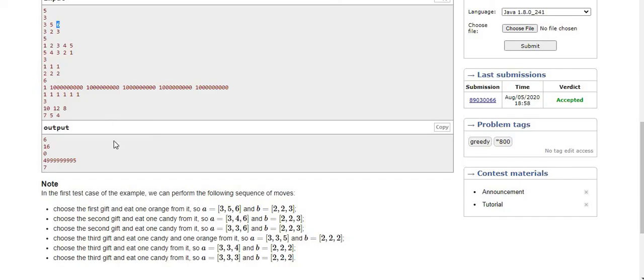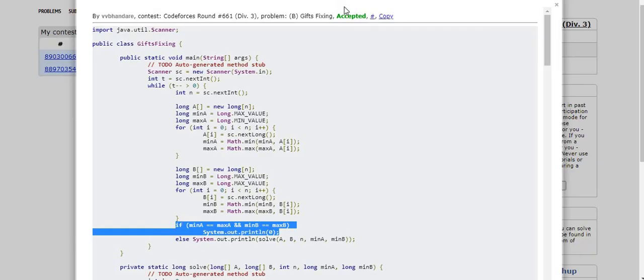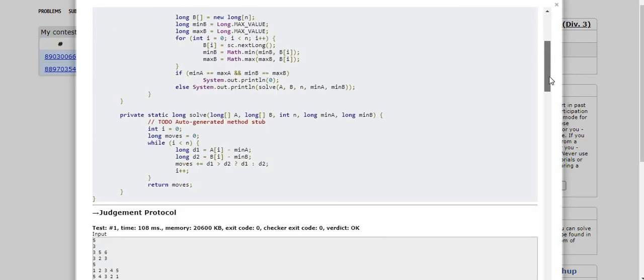If we look at one of the examples, here the output is 0, because all the elements from array 1 are the same and array 2 are equivalent. If it is not the case, then we call this solve function. I am defining moves as a variable, iterating through all the n values.